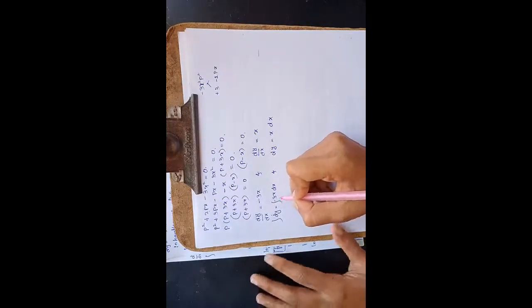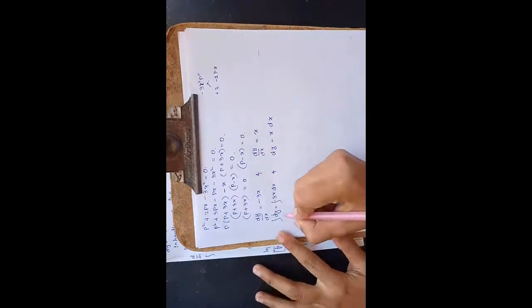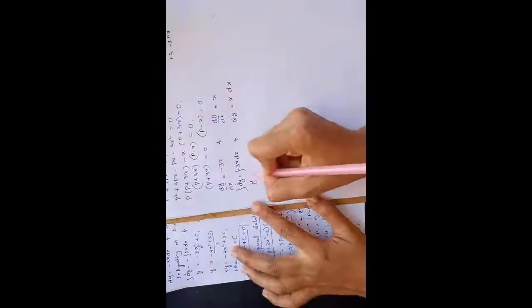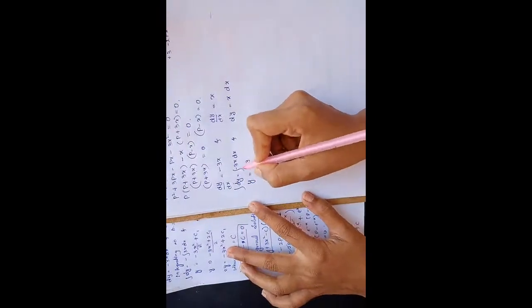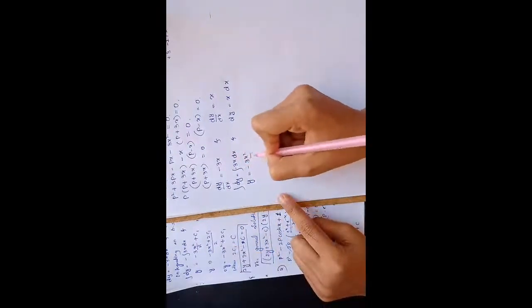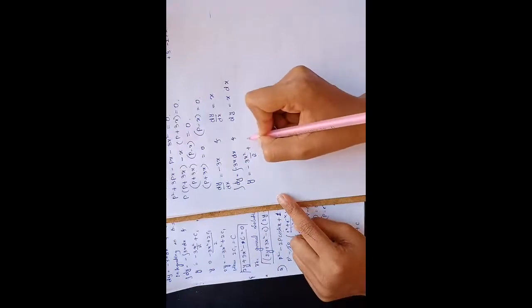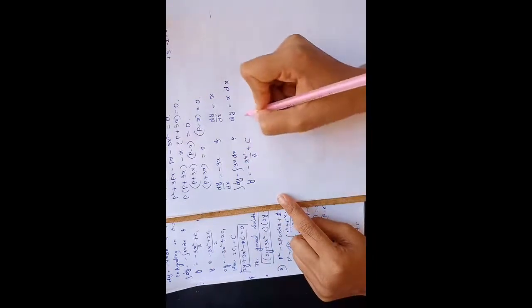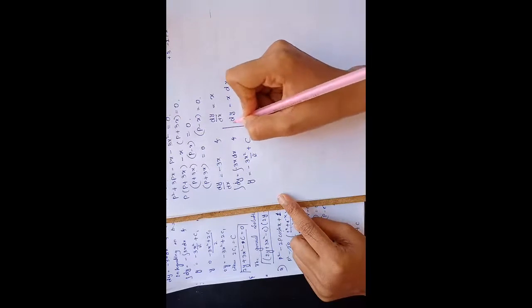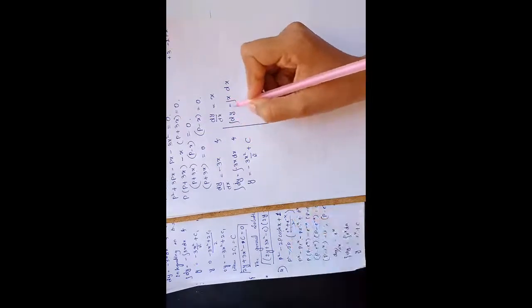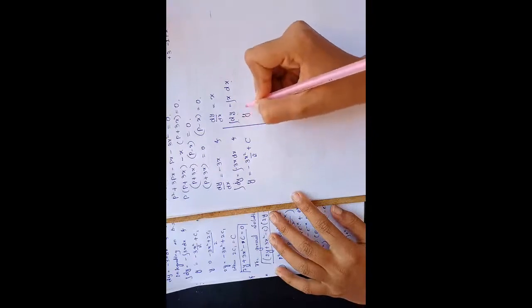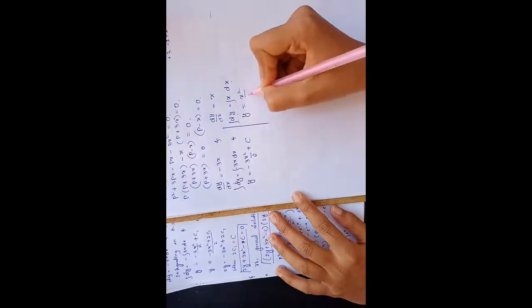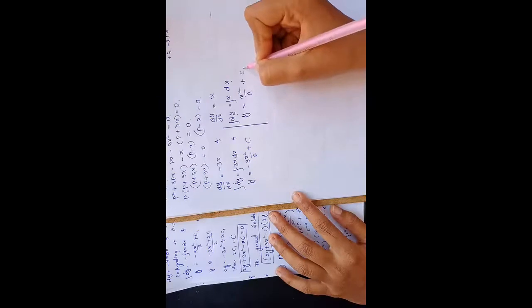So integration of dy is y is equals to minus as it is, 3 into integration of x is x square divided by 2 plus constant of integration c. Okay. So now in the second term, integration of dy is equals to integration of x into dx. So integration of dy is y is equals to x is x square by 2 plus constant c2. So give it as c1 and c2.